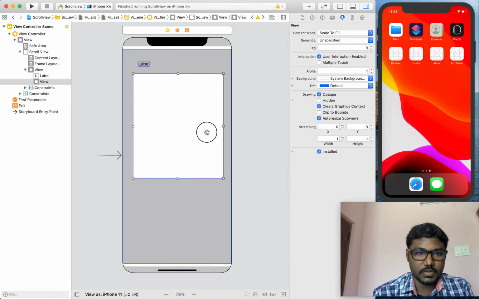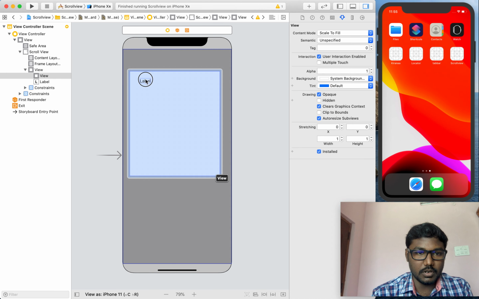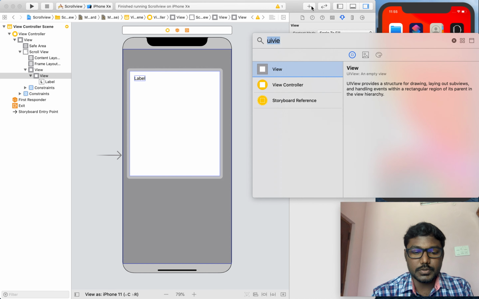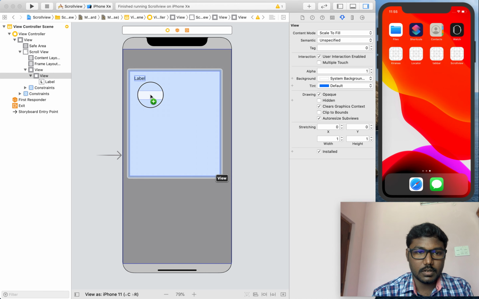and UI views, adding the label of the view as a title, and also setting some UI text fields.